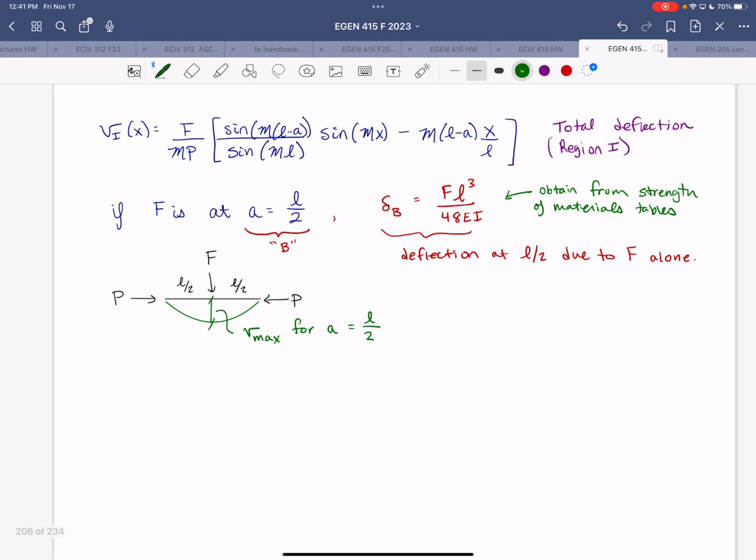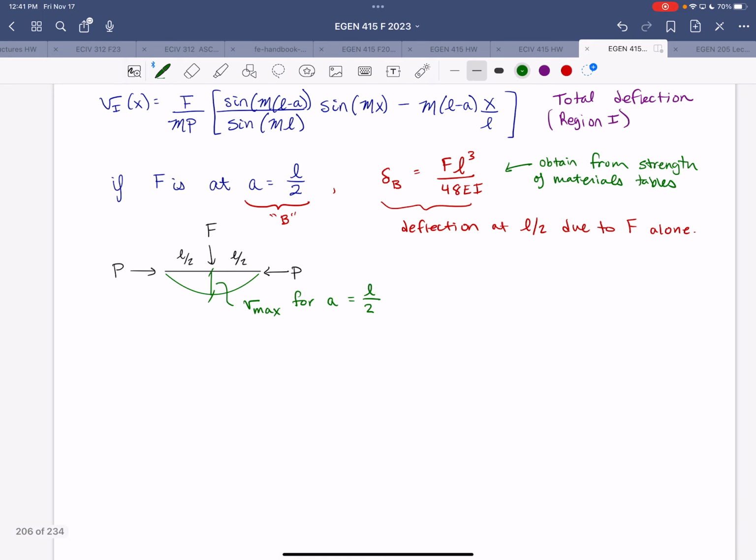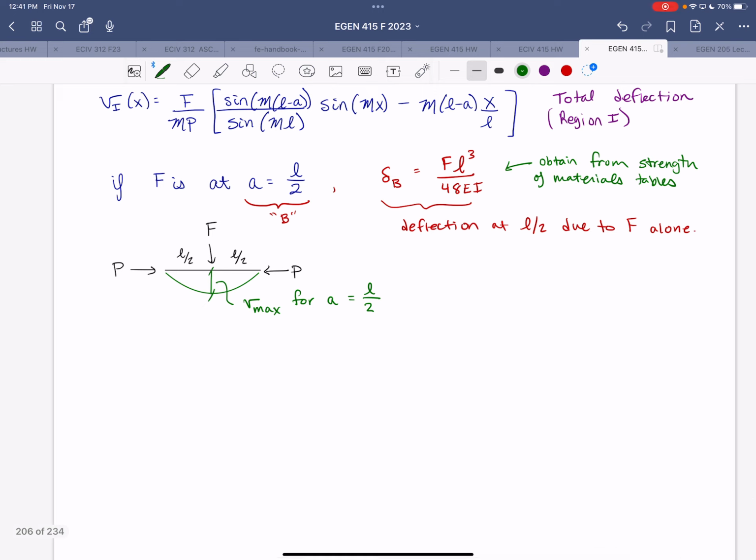All right, so now we want to figure out how much of that total deflection comes from just the axial load. We already figured out how much of it comes from the transverse load. And because we're still elastic, we can apply superposition, so we can treat them separately and linearly combine them like that. So for the deflection due to P,